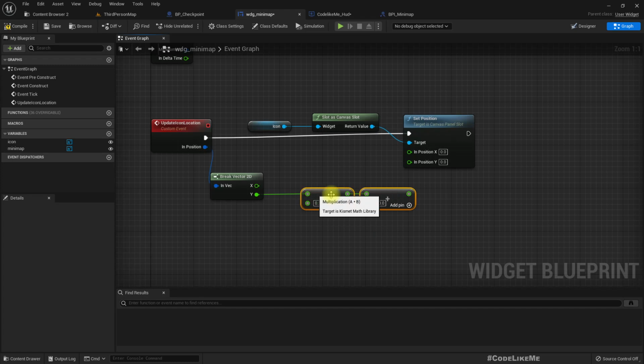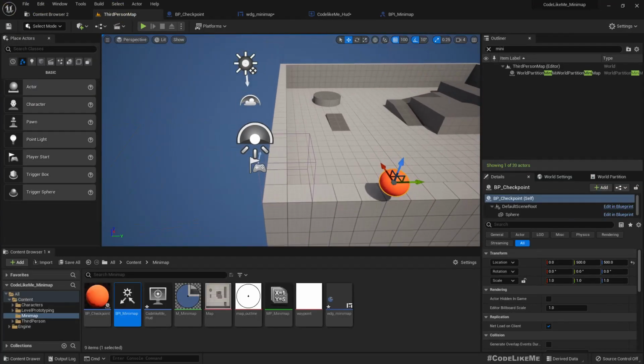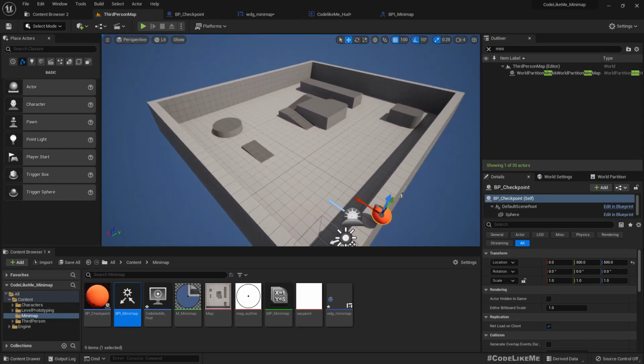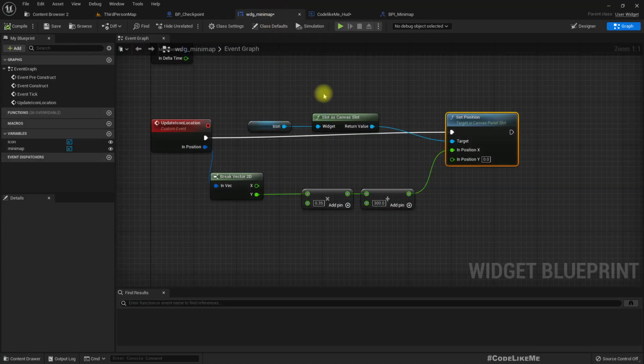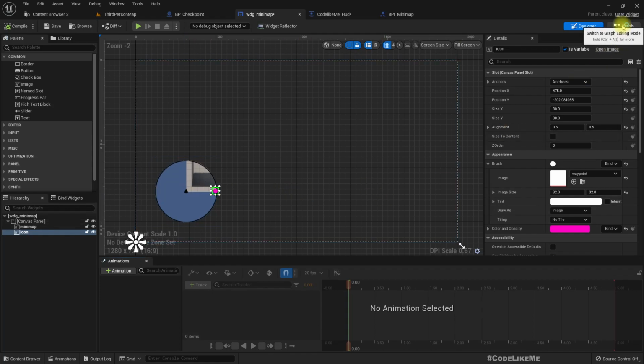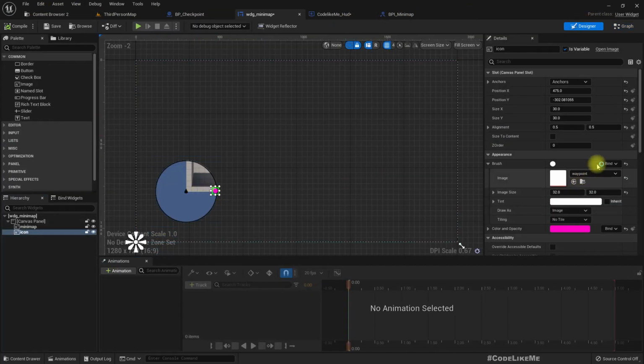So this should go to the X position, because as you can see here, this axis is X and this axis is Y, but in here this axis is X, this axis is Y, this axis is X, so that's why I have to interchange it. So now let me reset this location, and